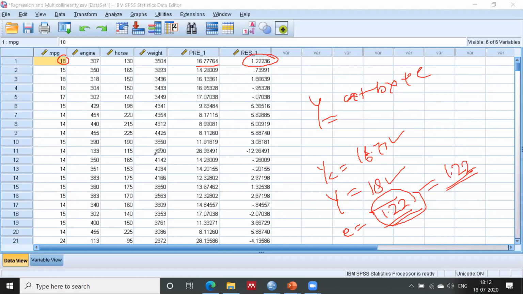Somewhere you will get a negative also, like this one. See, in the 11th row, you have predicted, okay, just wait. I think all predictions are below the actual, almost.